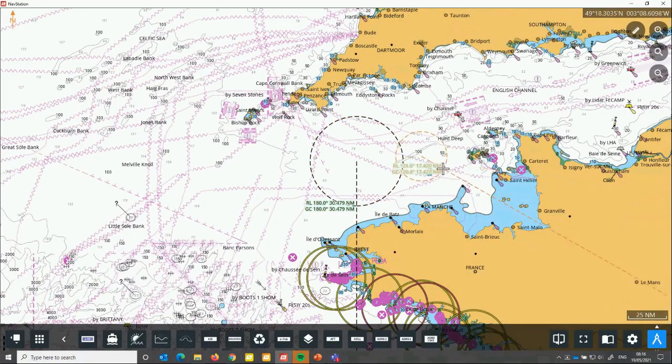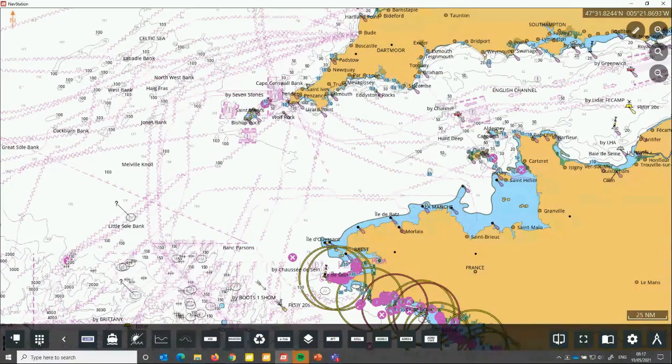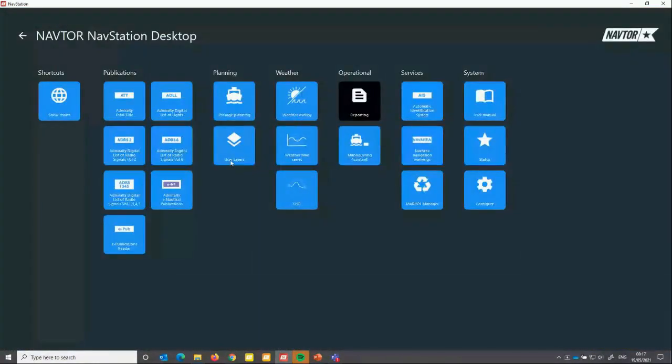So yeah, that's quite a nice function there as well. Apart from that, I will show you the user layers on the charts. So we have the icon down here, or obviously if we go back to our desktop here, we've got user layers. This, once you have